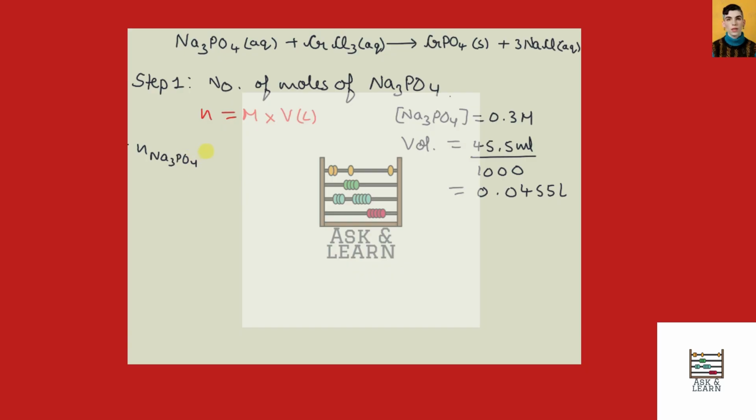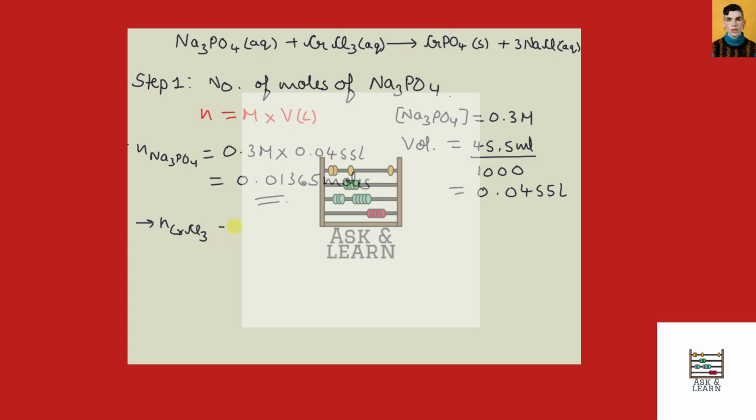So now let's put the value over here to calculate the number of moles of the Na3PO4, which is equal to, so the molarity is 0.3 molar multiplied by the volume, which is 0.0455 liter. So it is equal to 0.01365 moles. So this is the number of moles of Na3PO4. Now similarly, we'll be calculating the number of moles of the